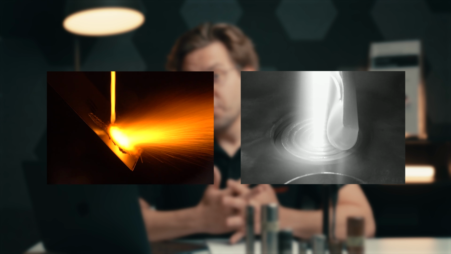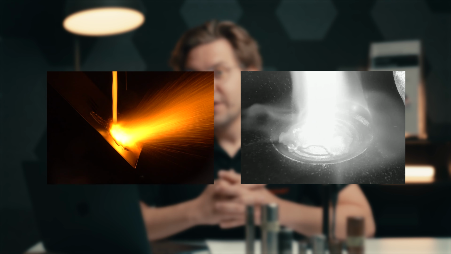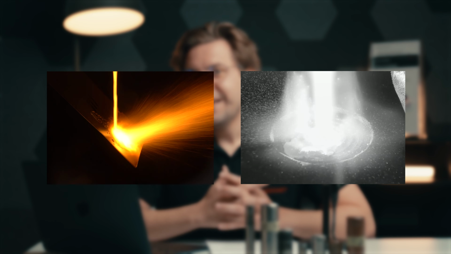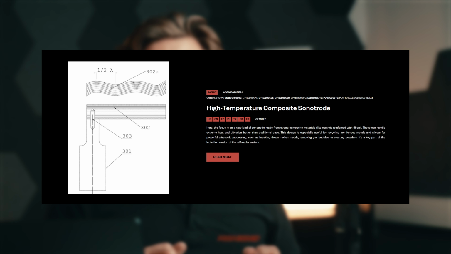Right now you can see a typical ultrasonic atomization process realized in the Repowder ultrasonic atomizer by AMAZEMET. How to transfer the ultrasonic energy to the melt and provide wetting effect and atomization effect is really a challenge, and our team has over 16 patents and applications regarding different solutions for how to handle